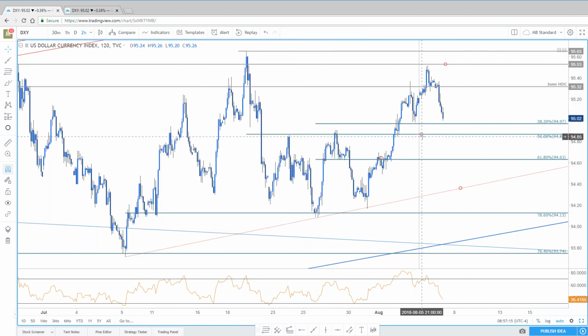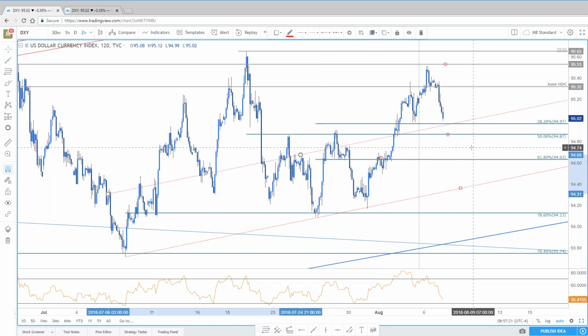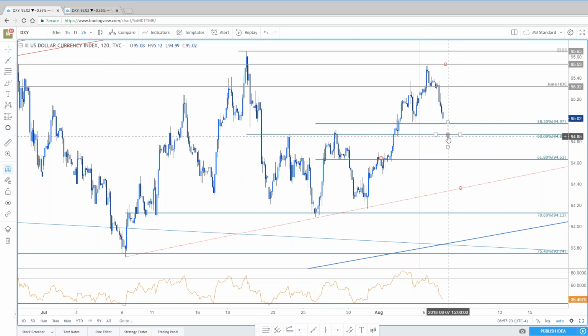Here are the levels you want to take note of. Okay, so initial support, like right now, is going to be right into the 95 handle, 94.97. And it's not just because it's a big figure, it's Friday's objective swing low. And Friday we had non-farm payroll. So the non-farm payroll sell-off,